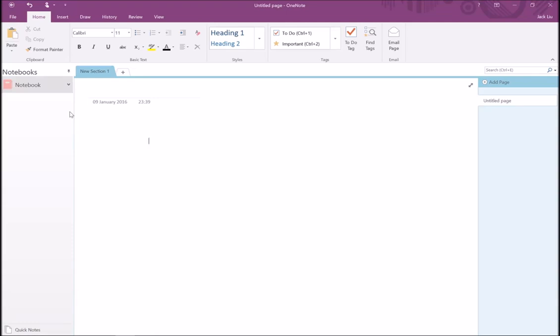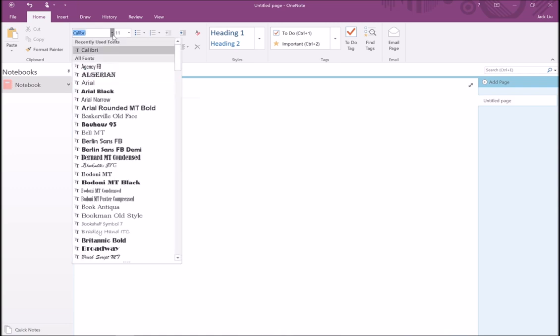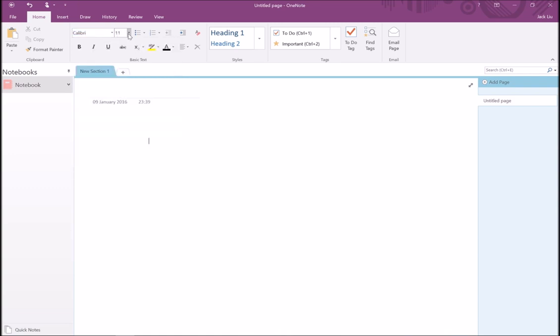So let's go ahead and start the demo and load up our OneNote. The first thing you'll notice when you load up OneNote in terms of the layout and format is that if you have ever used Microsoft Word, how similar both their layouts are. You have the different font style options, as well as the font sizing,